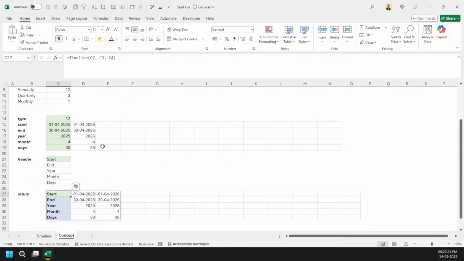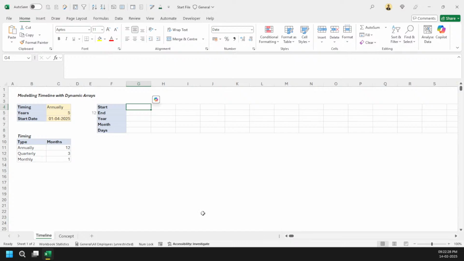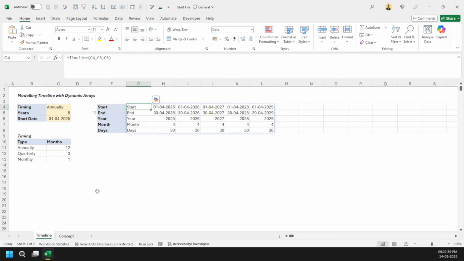Okay, it is good. Now I can come here to my original table and just write the timeline function: what is my timing, how many years I'm going for, and start date. And that's it.